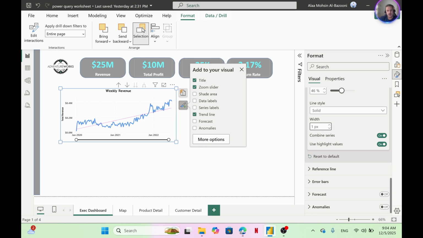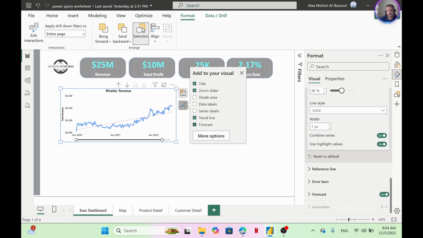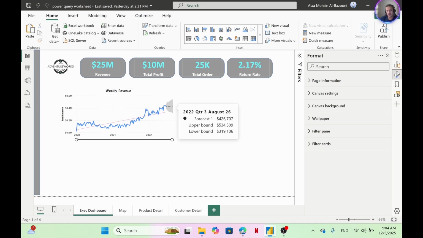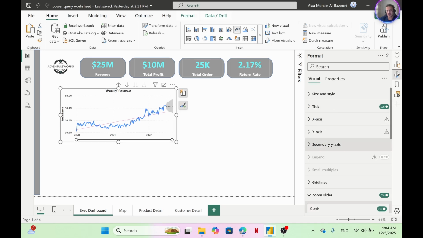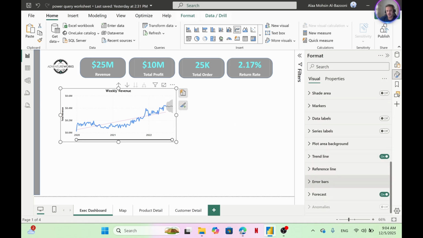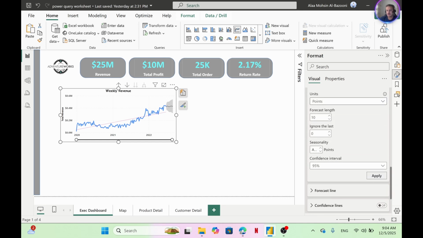Okay. And also we have the forecast from here. You need to format the forecast too. Just click on here and back, and you'll see the forecast from here. So if you need to change the unit, we also have forecast length, and we have ignore last. If you have some issues, or you don't have data in here, if you click, for example, 1 and apply,